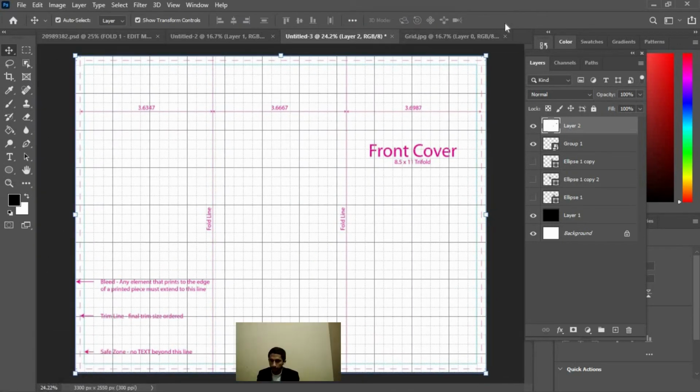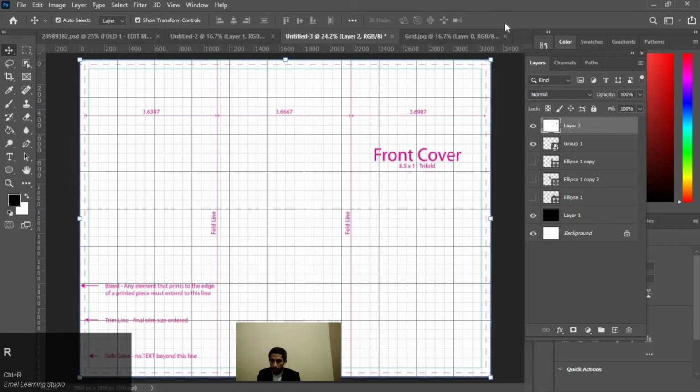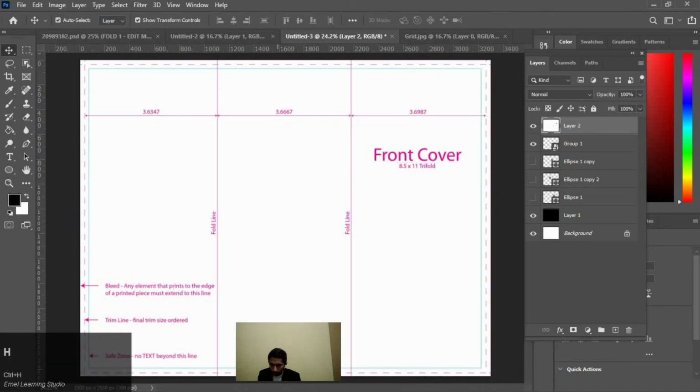Now press Ctrl R to turn on the rulers. From the horizontal, take one ruler and place it on this line, and take another ruler and place it at the bottom here.